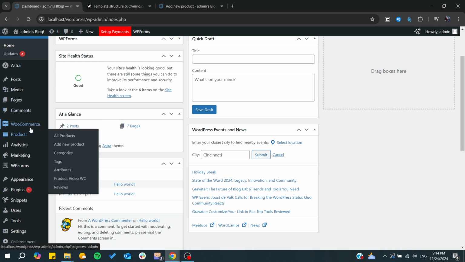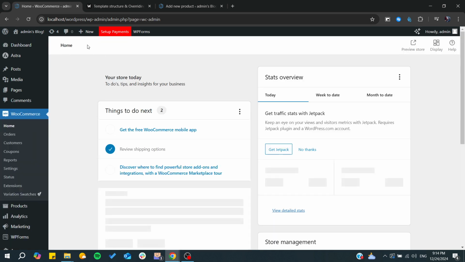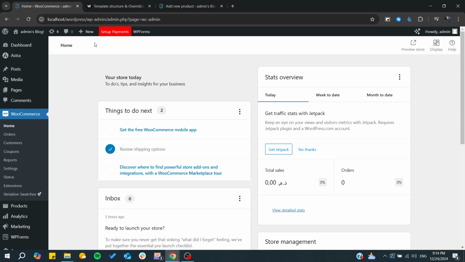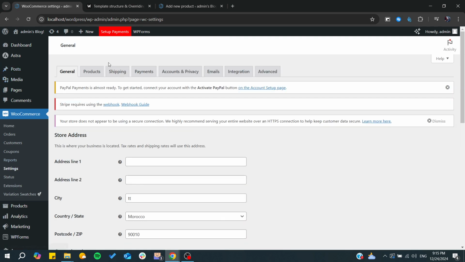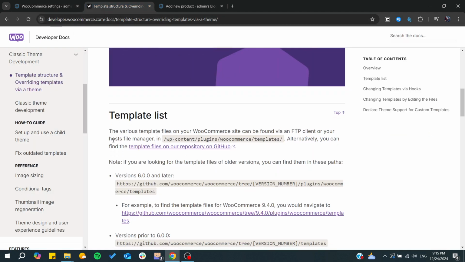Simply to override your WooCommerce template files, you would need just to go to your WooCommerce files manager. And basically to find the files manager, you will need to go to your FTP client or the file protocol. And basically, after that, you will need just to go to the destination path or the path where you have your templates, and from there, you can override them. And simply, you will need just to either delete and paste the new templates or start modifying on the templates